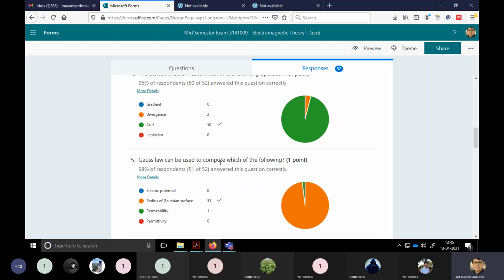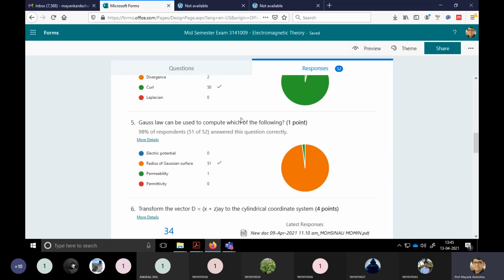Gauss's law can be used to compute which of the following? Gauss's law can be useful to find the radius at which the charge distribution is equal, nearest to whatever point you have selected. For that, we assume there is a current-carrying conductor or charge located at some particular location, and we have to find the boundary at which the charge is uniformly distributed. That's why you can apply Gauss's law, using a Gaussian surface. For Ampere's circuital law, you find Ampere's law.